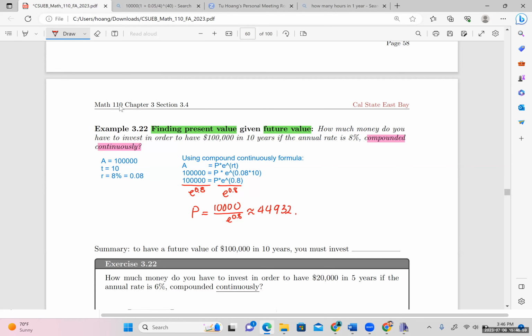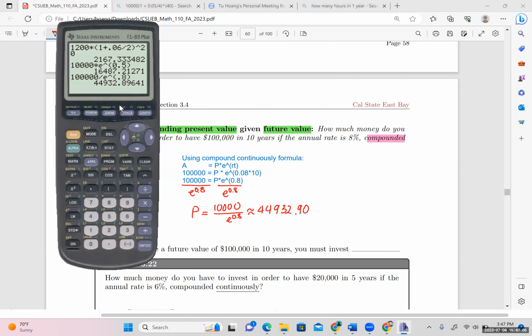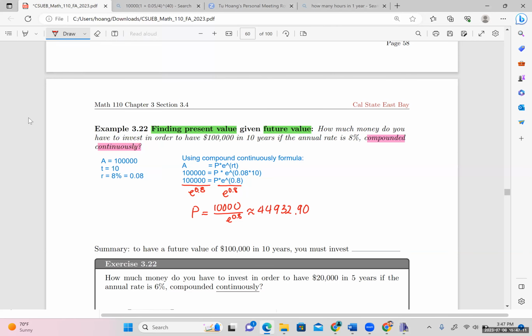44,932. And how many cents? 90 cents, right? Make sure. Okay, the 6 here, round this 9 to be 0 and this 8 to be 9, right? Okay, so summary, to have a future value of 100,000 in 10 years, you must invest